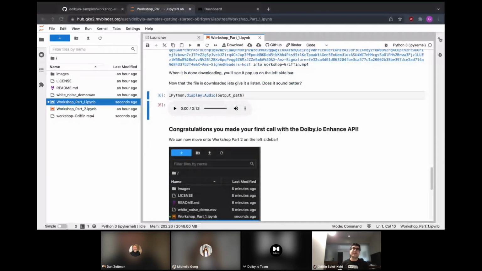And yes, I did just see a question if we have other languages outside of Python. For this workshop, we're going to be using Python just as a simple way to get started with a bunch of different pieces of code in a language that works well with Jupyter. But you can do this via curl, via JavaScript, via Ruby, via PHP. This is just an HTTP-based API call, so you can do it with any language that's able to make those